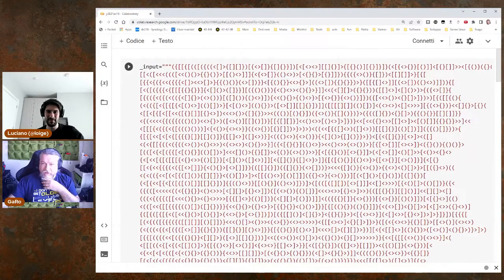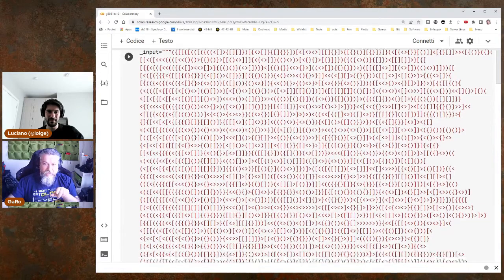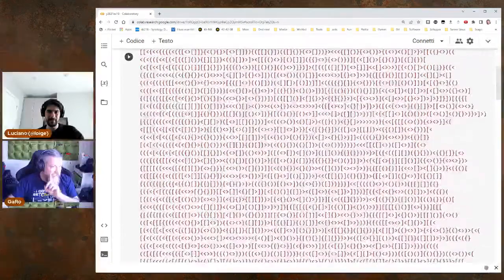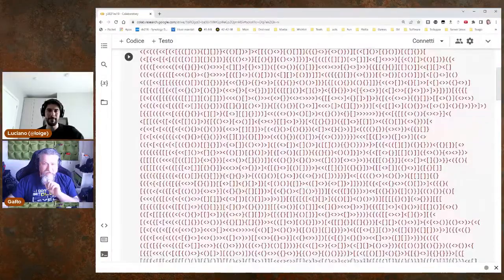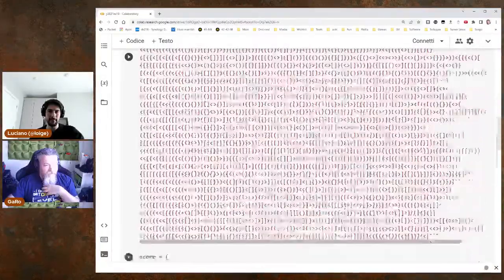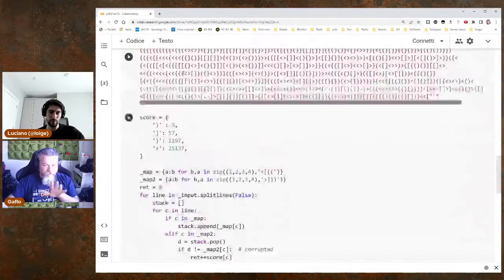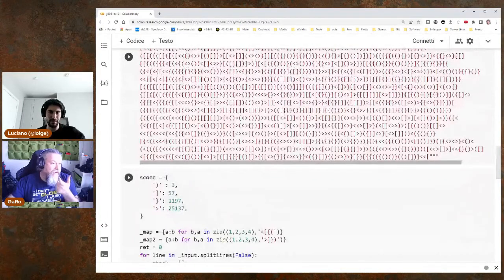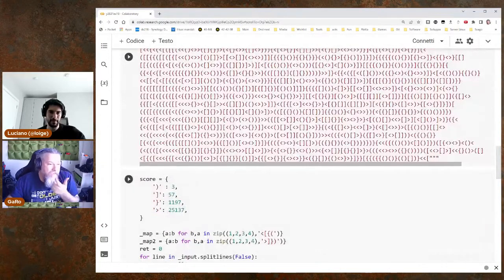Here, what we can see is the input. My input can be different from Luciano's. Remember this? This was my input, and in Advent of Code, every input is different. So also the solutions, of course, might be different, and so the numbers can be different. I don't think they have a different input for every person taking the challenge, but there will be, I don't know how many of them. In any case,